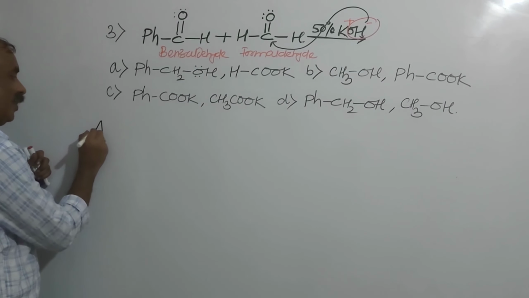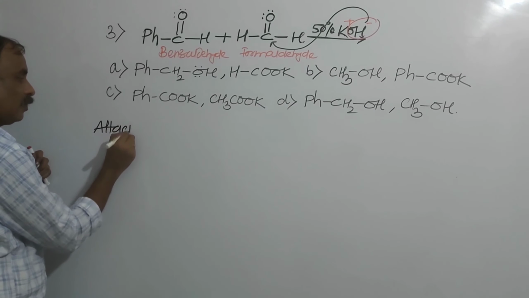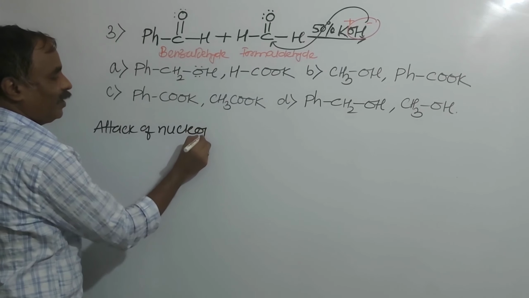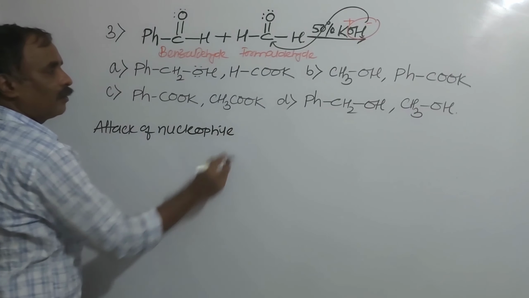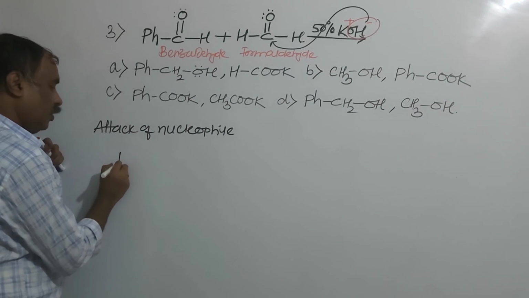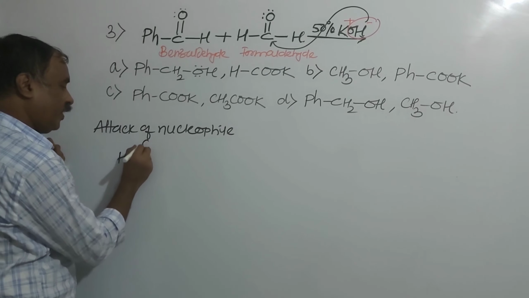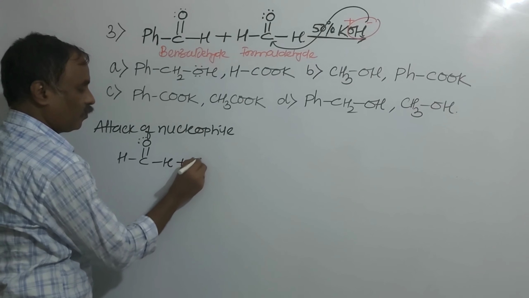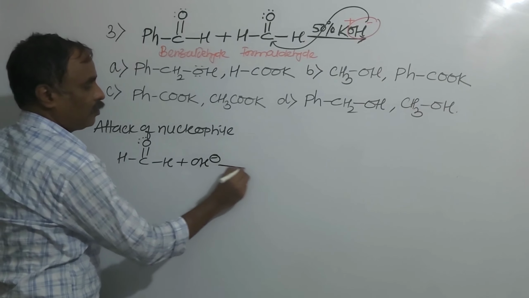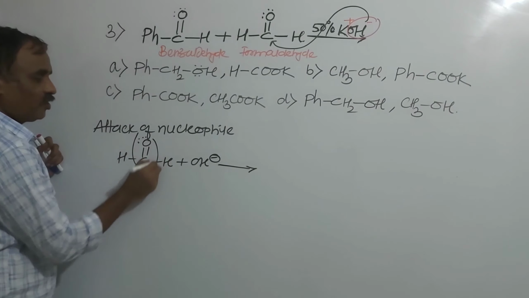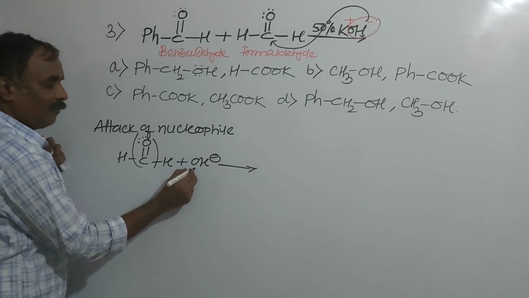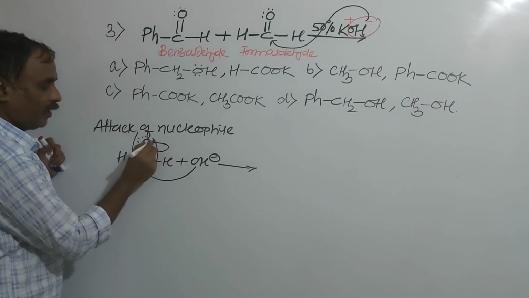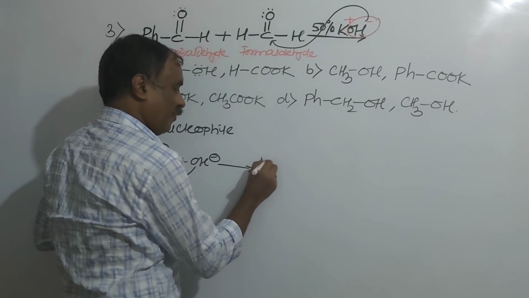Attack of nucleophile. It is a compulsory attack on formaldehyde, an easy attack because it is more reactive. Here it is the electron acceptor, and this is the nucleophile. Addition of nucleophile, attack of nucleophile, breaking up this, and here formation of HCO